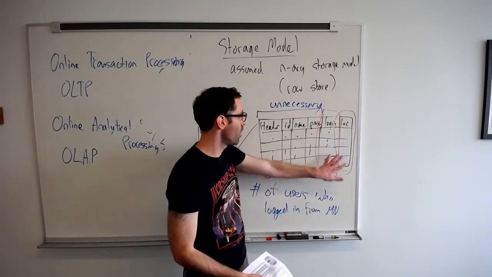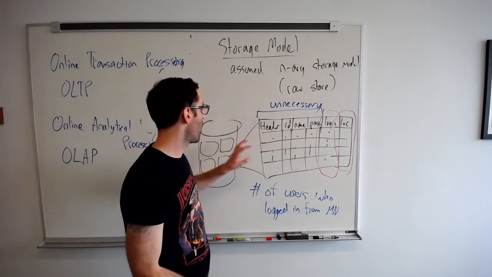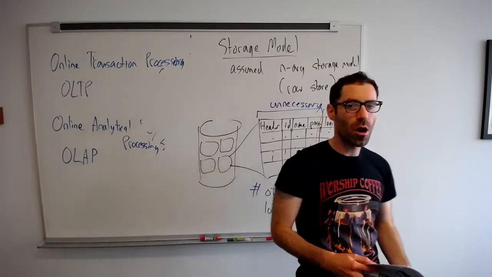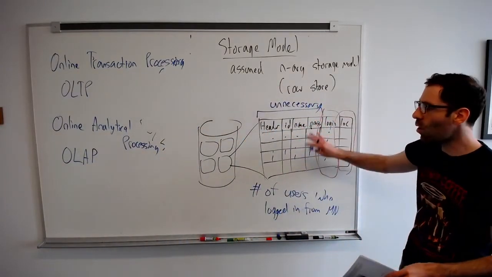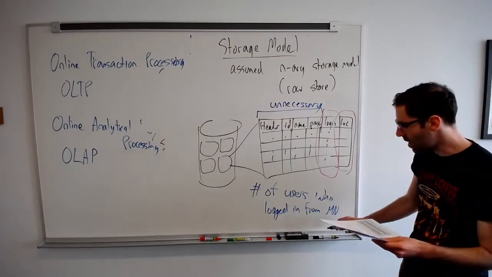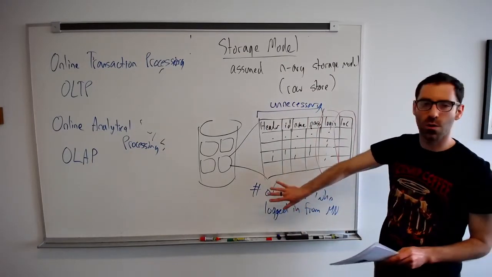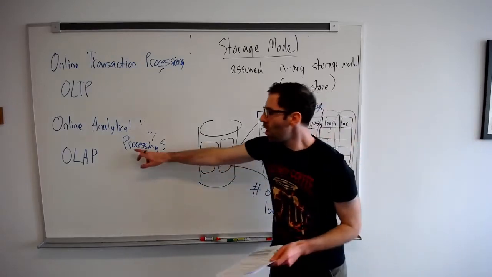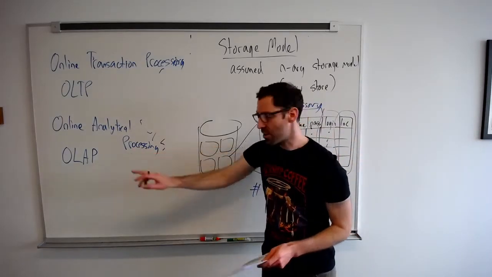We just want login and location, but when we read in the page, we get all this other data, and our buffer pool gets cluttered with data that our query doesn't actually need. Queries like this fall under online analytical processing,